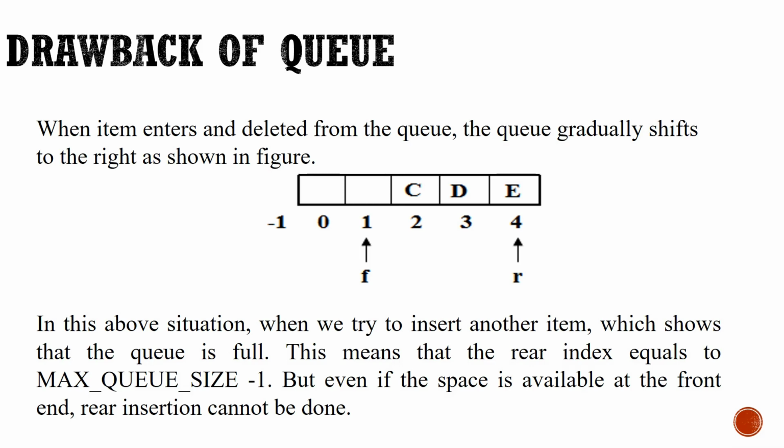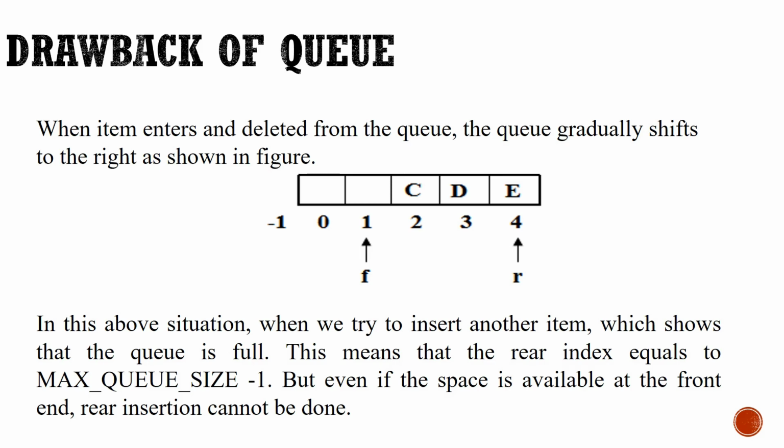Now assume I deleted the first element. Once I deleted the first element, front will be incremented by 1, so front will be equal to 0. Now I delete the second element, so the front will be equal to 1. Now I want to insert the next element. Do we have empty locations in our queue? Yes, index values 0 and 1 are free. But we can't use them because the queue full condition, rear equal to maximum queue size minus 1, is satisfied. So we are not able to insert the element even though we have some empty locations at the beginning. That is the major drawback of the queue.